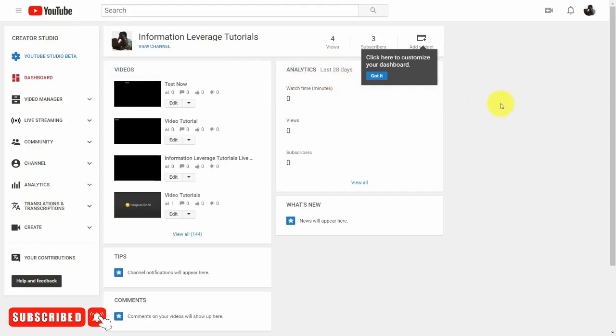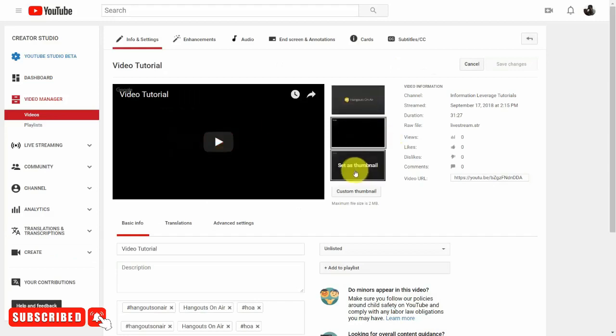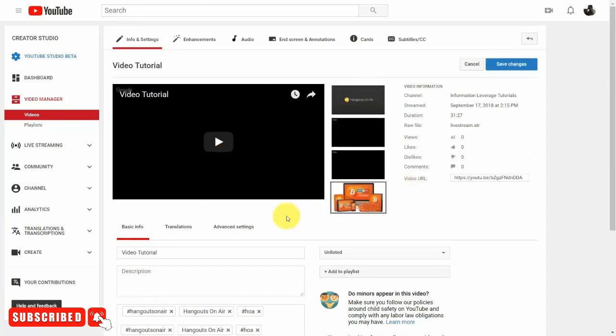Now, in the same way that you used a thumbnail when you were promoting your live stream, you can promote the recording also with the same or a similar thumbnail. And all you'll need to do is to go into Edit Your Video. And then you'll see here at the bottom that there is an area that says Custom Thumbnail. What you'll do then is click this button, and you will then upload your image.